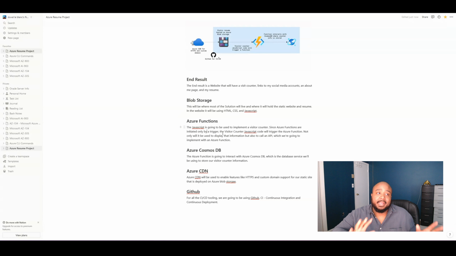So basically, the Azure function can only be triggered by an event. So the JavaScript code is what gets the visitor counter going. The counter is going to be initiating that event that the function can then act on, because it has to be triggered by something. And then that's going to call an API, which will be going on to the next thing, Azure Cosmos DB,